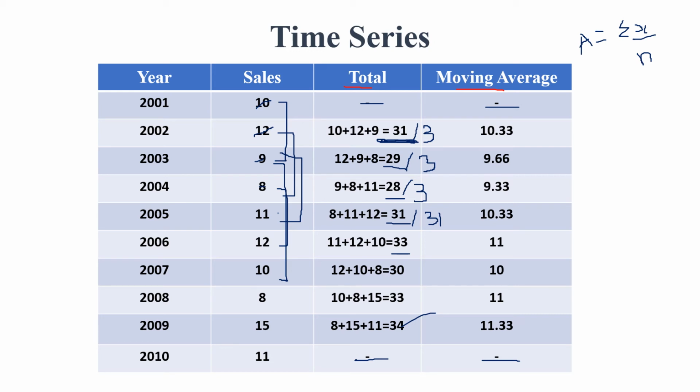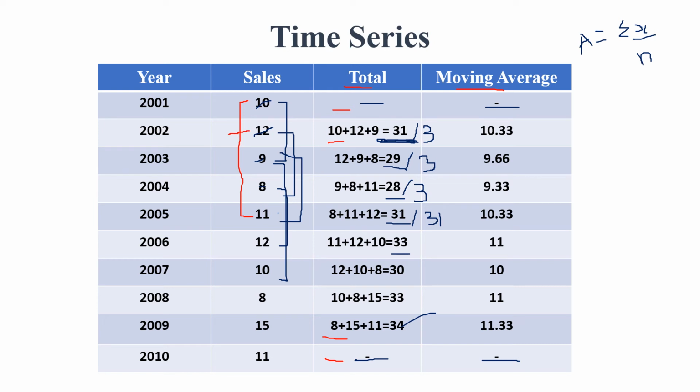Same way we'll be calculating the 5-yearly moving average. The difference is that for 5-yearly we'll be skipping the first year and the last year, and the second year and again the second-last year over here. So 2 years we have skipped out. Now we'll calculate not the total, sorry, but the summation of 5 values. So we'll be taking the first 5 values, and the summation of this.